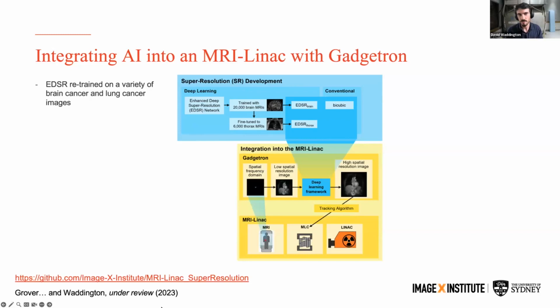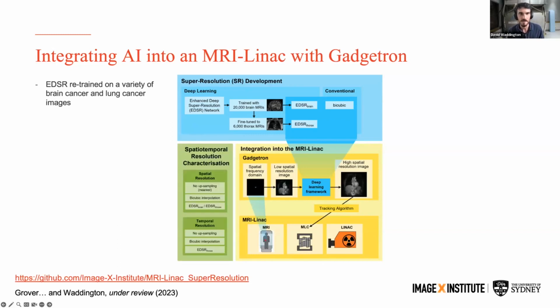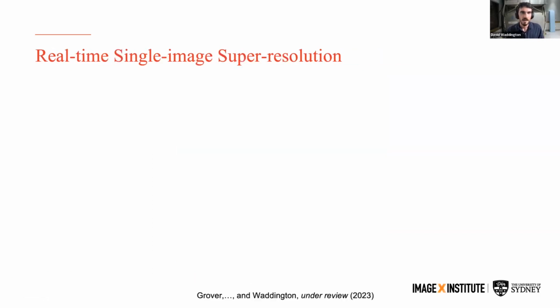A lot of this work was really made possible by my PhD student, James Grover. He's really leading the charge on making a great repository here as well, which I encourage you to check out. And then we characterized the performance improvements using a bunch of error metrics and different comparison techniques. Now, to show what some of those results actually look like,